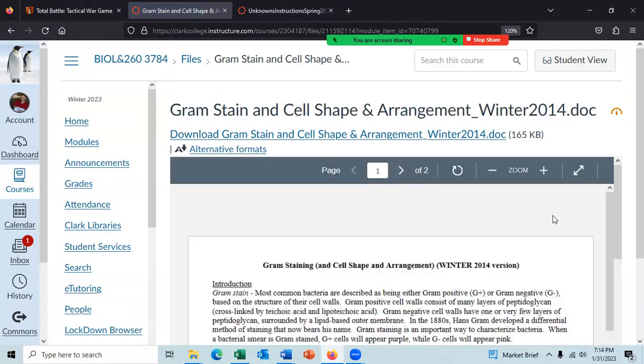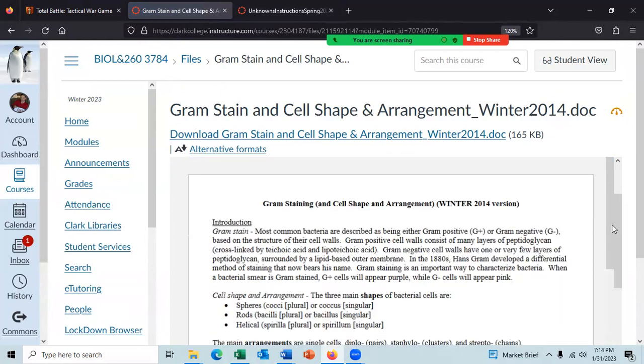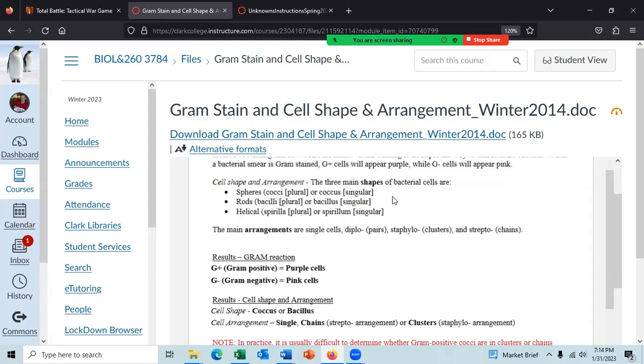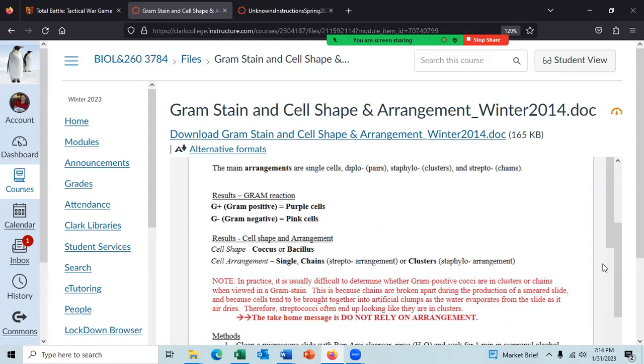With the shape of the gram stain, the 3 main shapes are possible. The main arrangements are diplo, staphylo, strepto, and where is it saying here? It is difficult to determine if cocci are in clusters or chains when viewed under the gram stain.